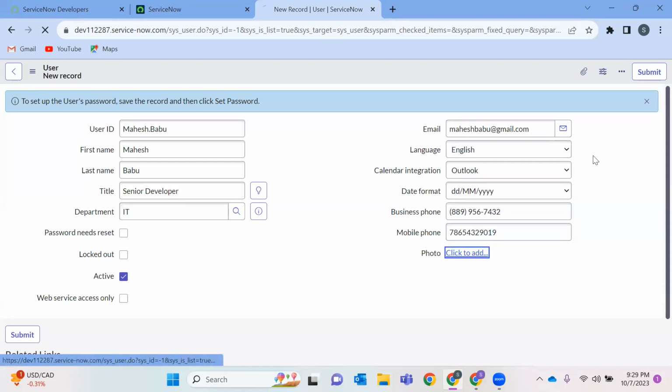Okay. And we can also add a few images if you want. See, ServiceNow supports all these types of image files like JPG, PNG, BMP, GIF, JPEG, ICO, SVG. So any of these format files are supported.